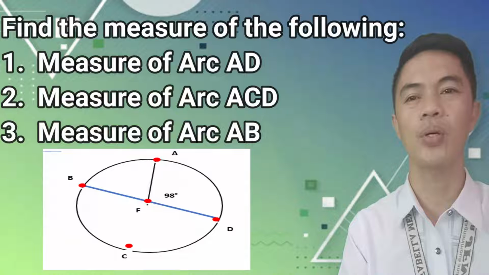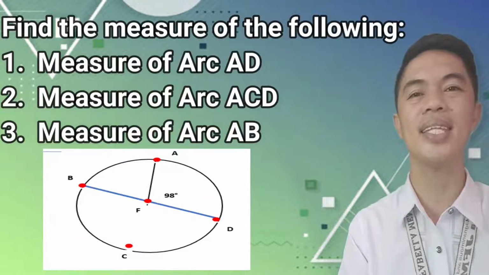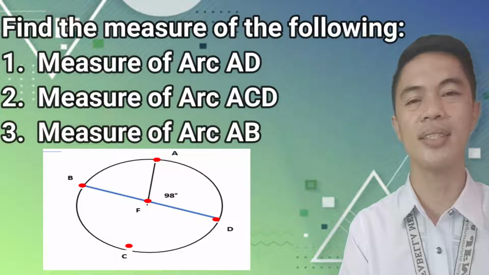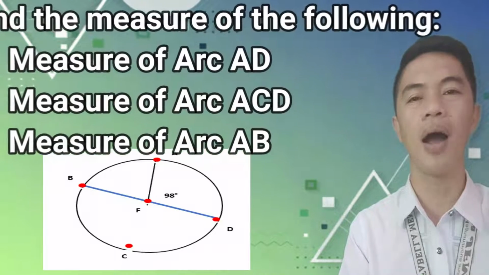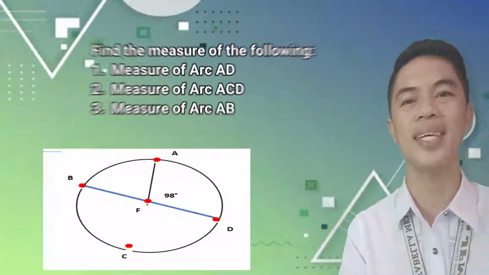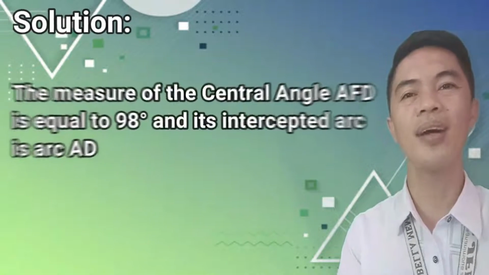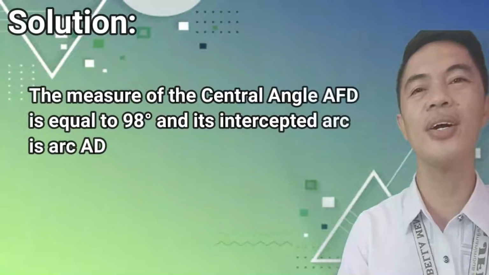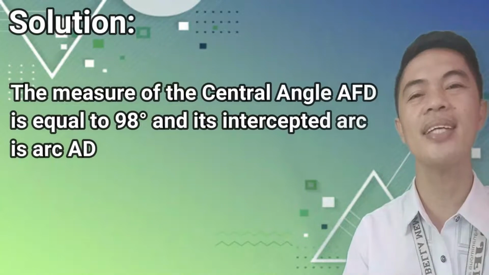Number 2, measure of arc ACD, which is the major arc. Number 3, measure of arc AB. Let's answer. Number 1, the measure of the central angle AFD is equal